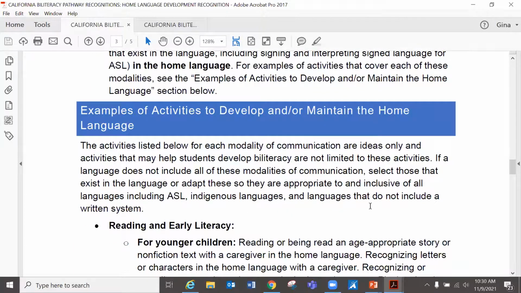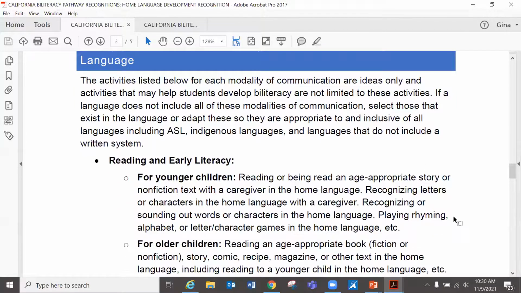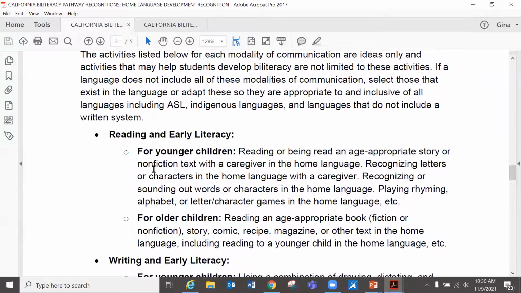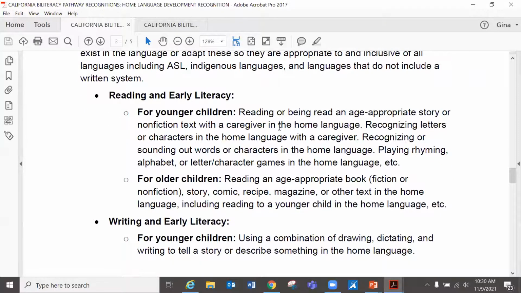And so this is the part I really wanted to highlight here: there's examples of activities that families could do to ensure that students are continuing to develop the home language. And for each modality, you can see it's organized by modality and also by age of the children. So for younger children, for example, for reading, that could be reading or being read an age-appropriate story or nonfiction text with a caregiver in the home language, recognizing letters or characters in the home language with a caregiver,